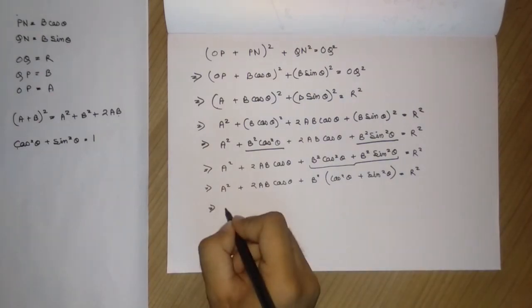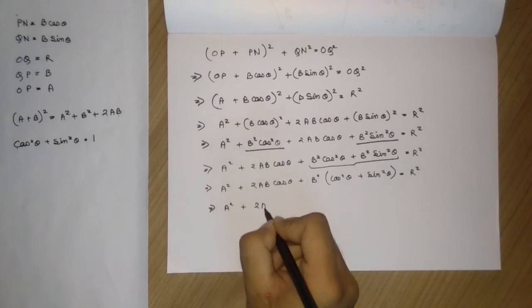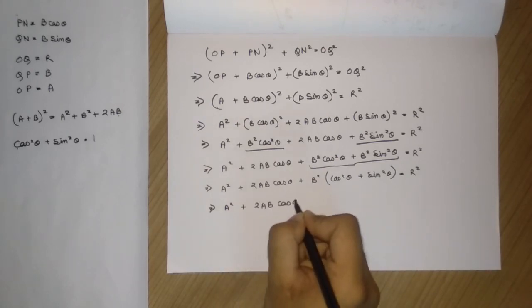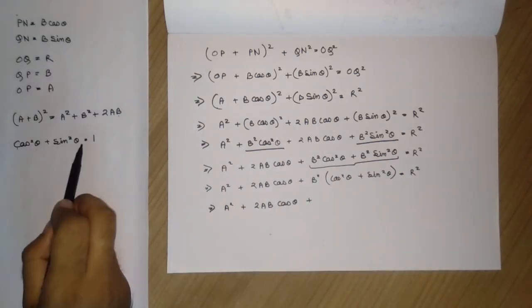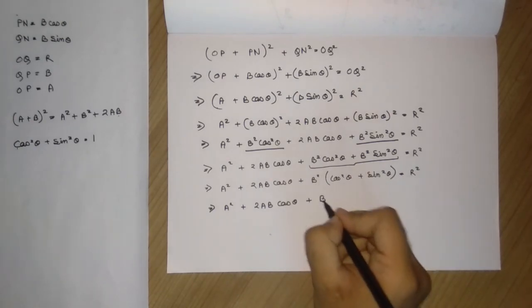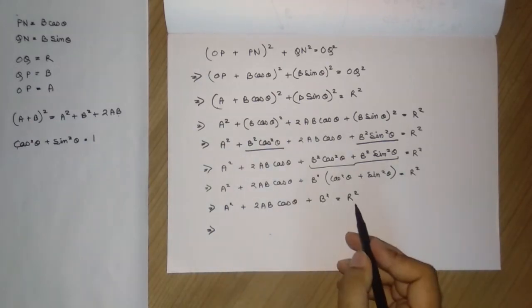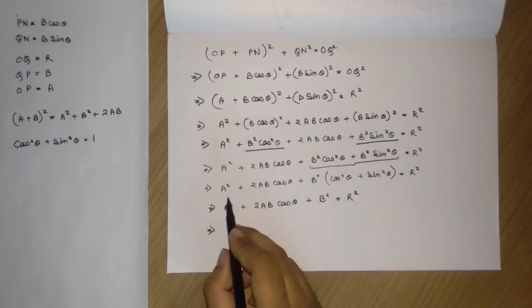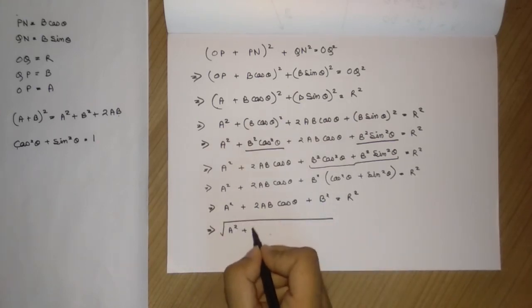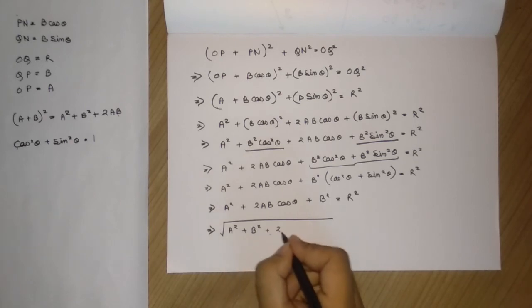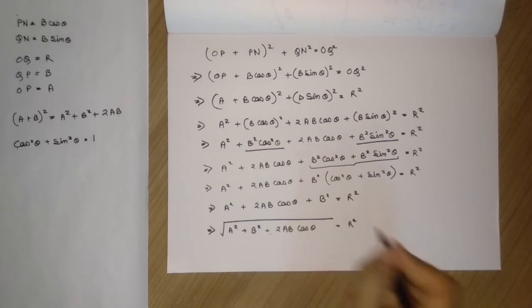Therefore, our next equation becomes A square plus 2AB cos theta plus B square into (cos square theta plus sin square theta). Cos square theta plus sin square theta is 1, so B square into 1, which is B square, is equal to R square. Therefore, if we need only R, then this square would be converted into a root on the other side. A square plus B square plus 2AB cos theta equal to R square, equal to